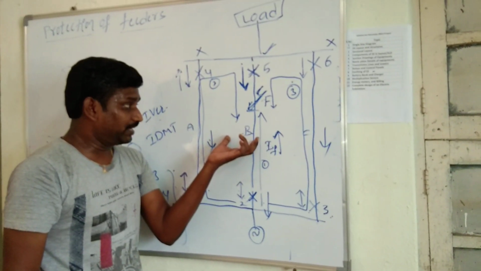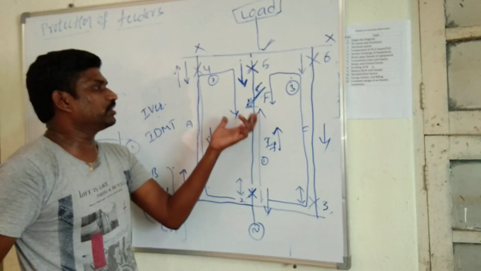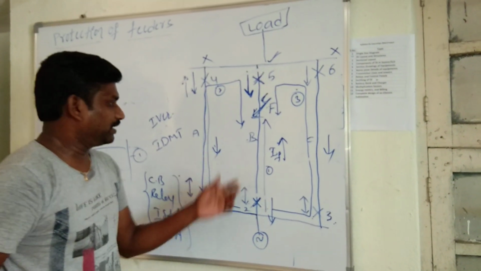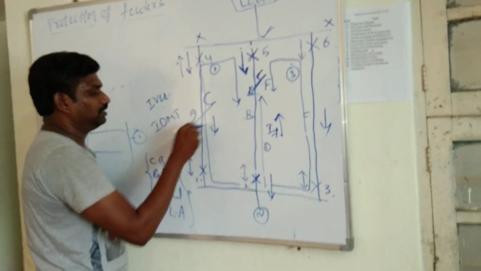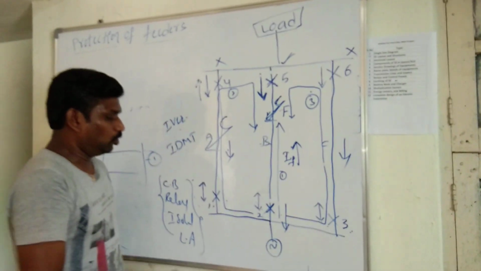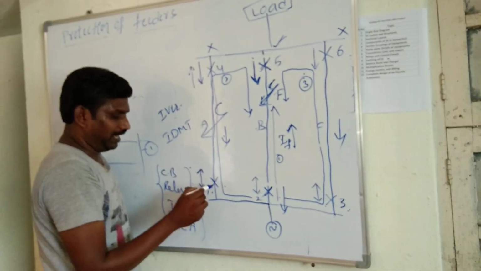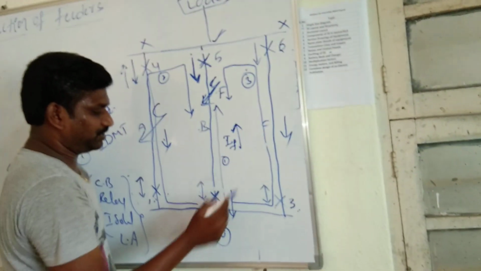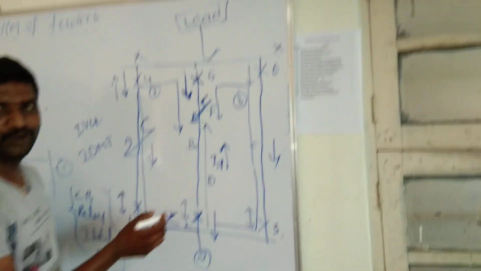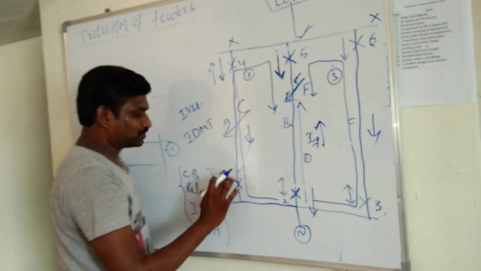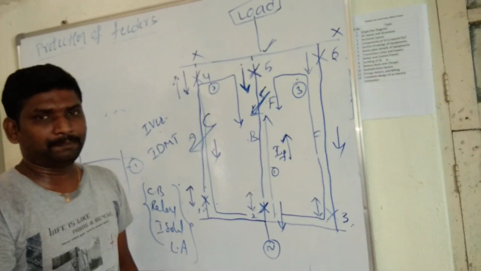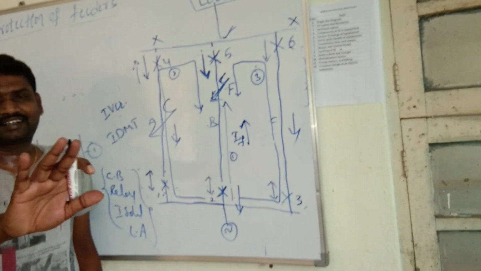Then in this way, we can protect our feeders without interrupting the other feeders. It is the protection of parallel feeders. Okay, for example, if the fault occurs in feeder A, in this case also only relays 4 and 1 will be operated, without operation of 5 and 6, 2 and 3. So only the faulty section will be isolated from the rest of the system. Then it is the story about protection of parallel feeders. Continue.